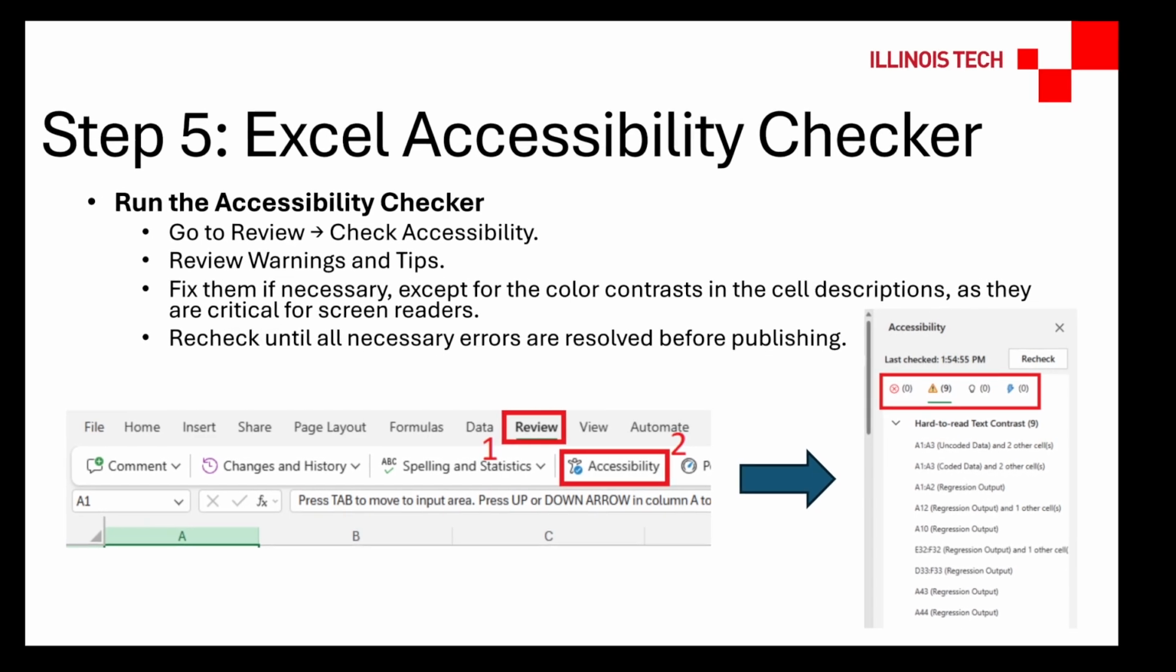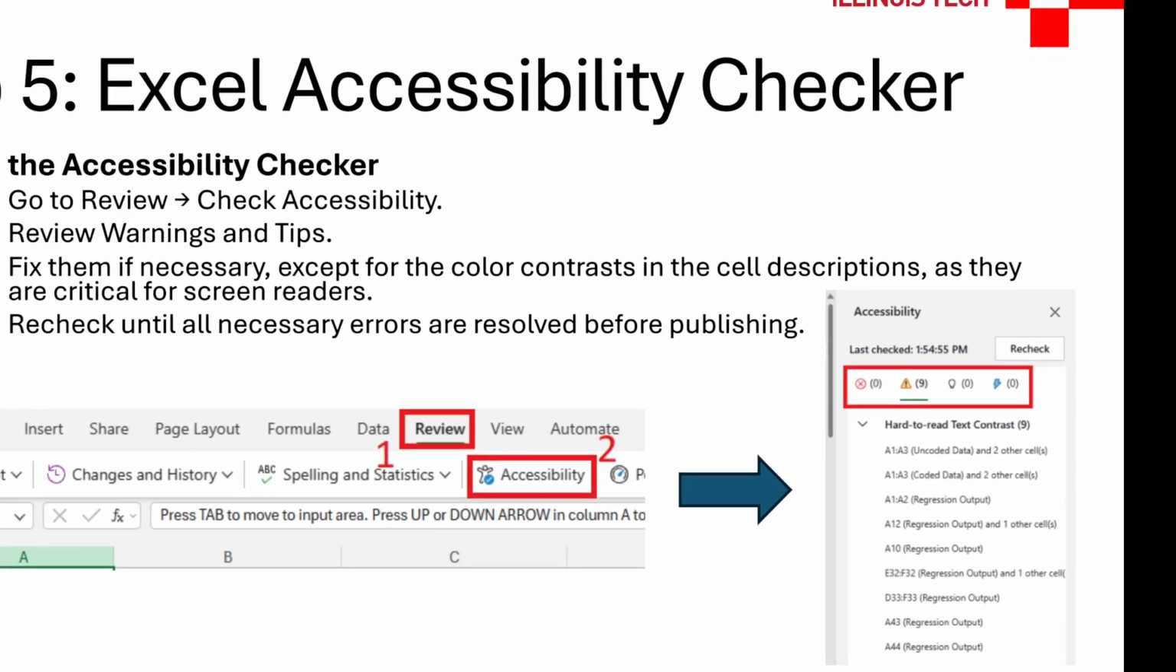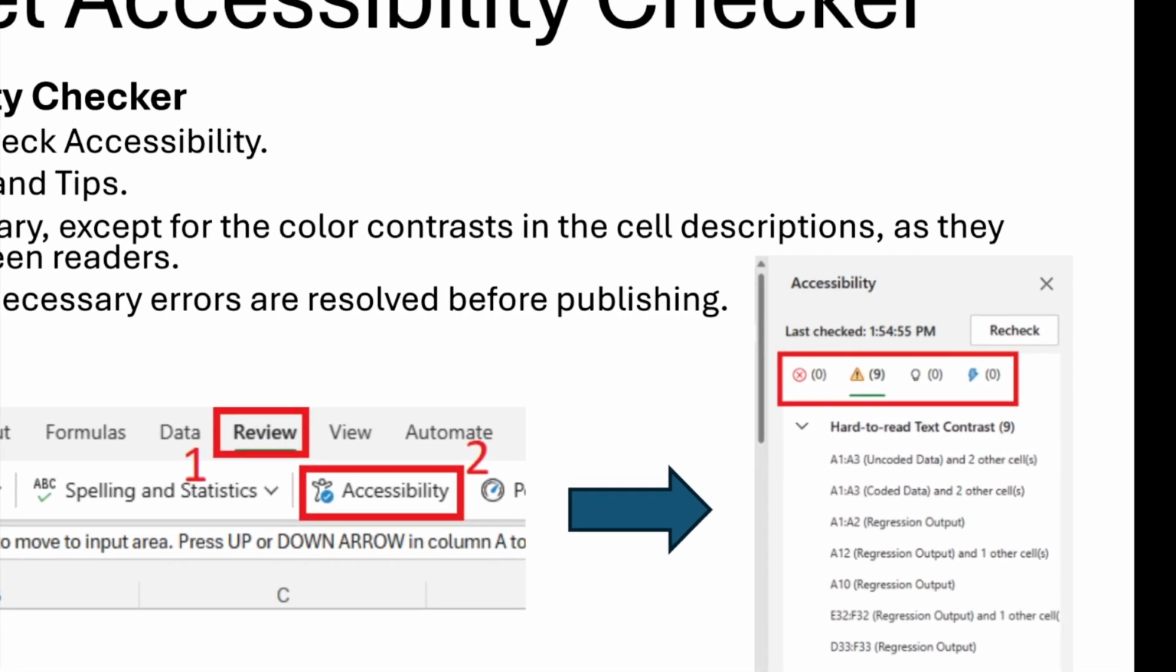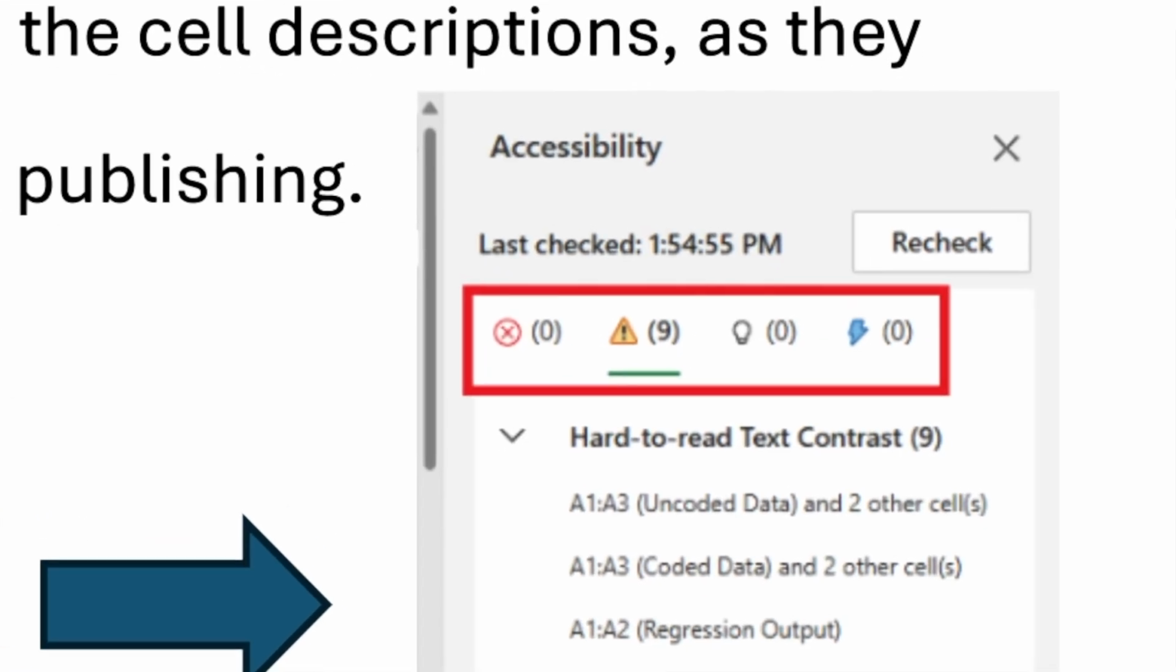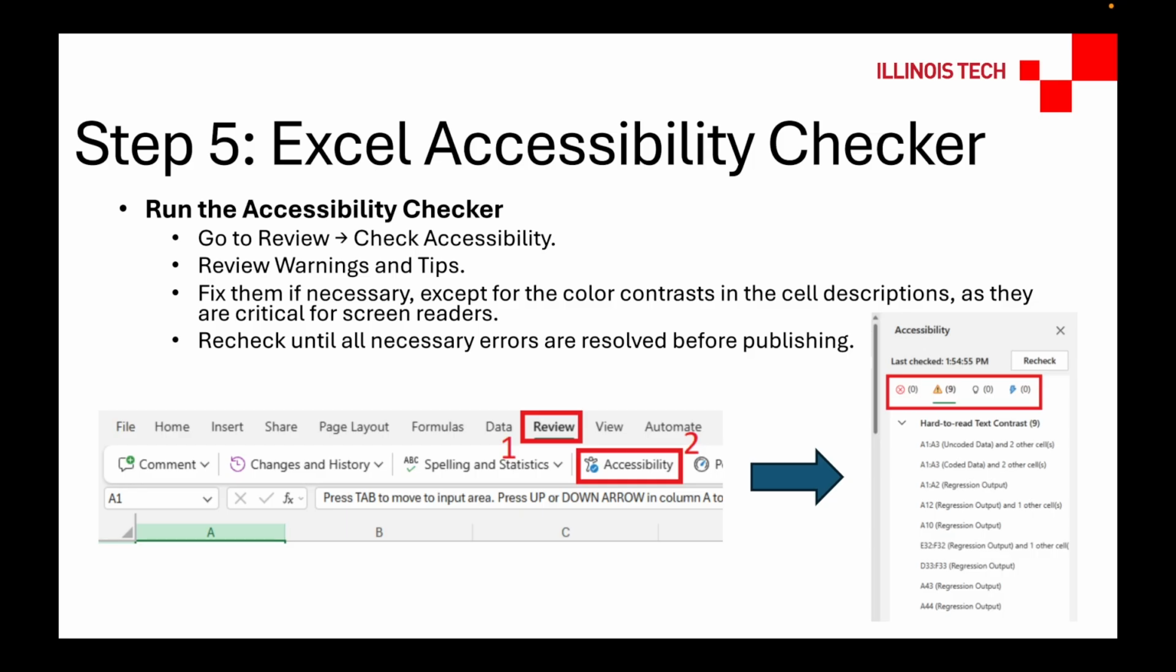However, you can ignore color contrast warnings related to the hidden cell descriptions, since those descriptions are intentionally matched to the background color so they remain available to screen readers. After making your updates, run the accessibility checker again and repeat the process until all necessary errors are resolved before